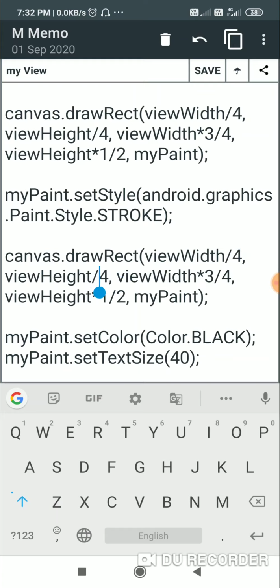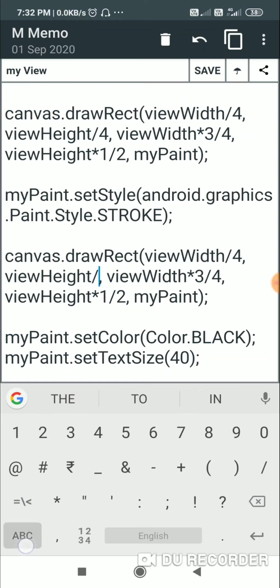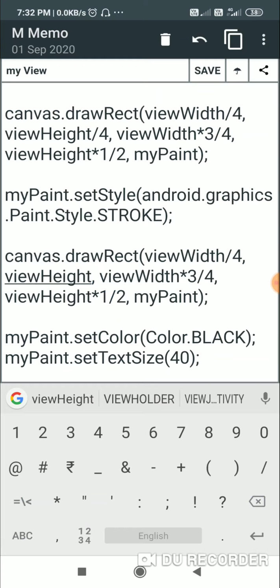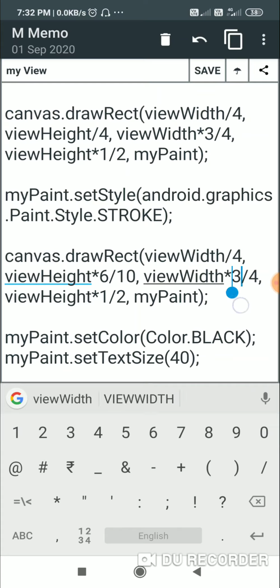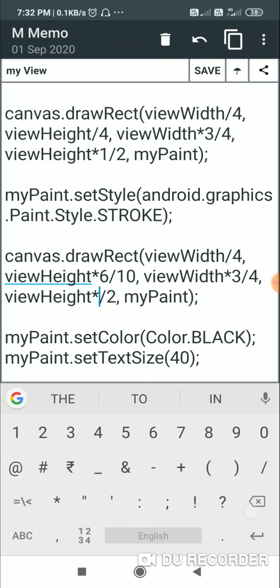The top border I will just change to view height into 6 by 10, and this will be the right border. I will keep it the same, and the bottom will be view height into 3. I'll just make it 4 by 5.